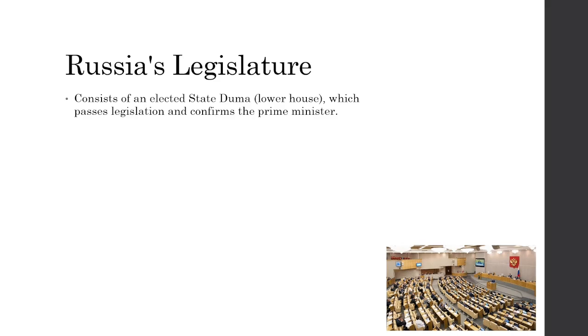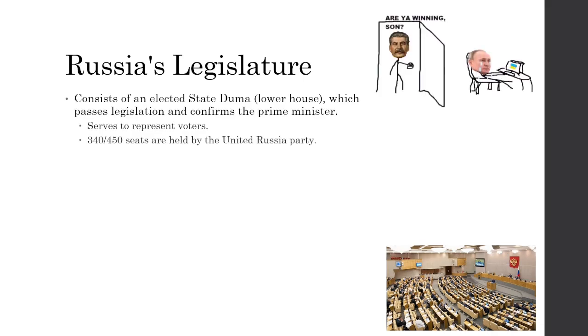They'll pass legislation and confirm the prime minister who is appointed by the president. They serve to represent the voters, to represent the individual people of Russia. And 340 out of 450 seats are held by the United Russia Party, the dominant party of Russia. So are they really representing voters? Well, some could say they are. If 340 out of 450 of the seats are held by the United Russia Party, well, it's kind of a coincidence that there's not very many seats that are held by